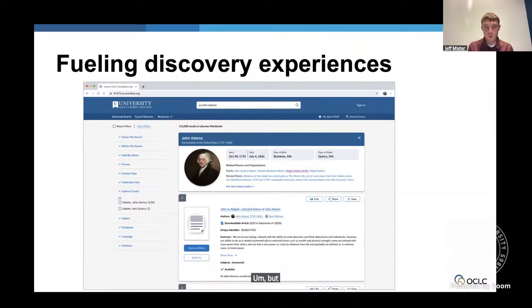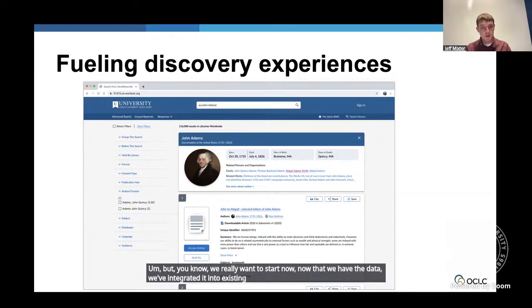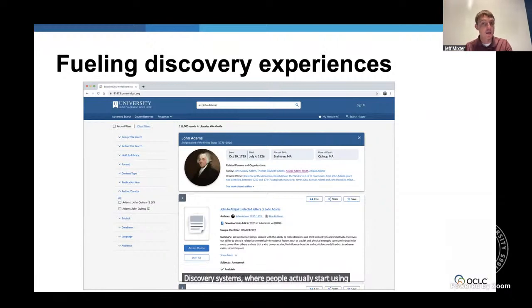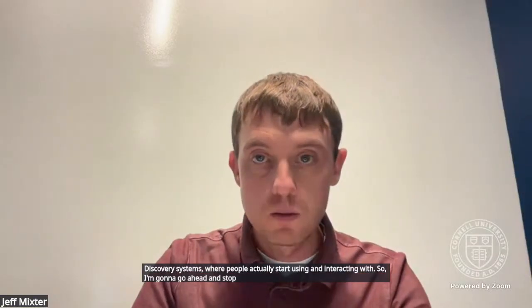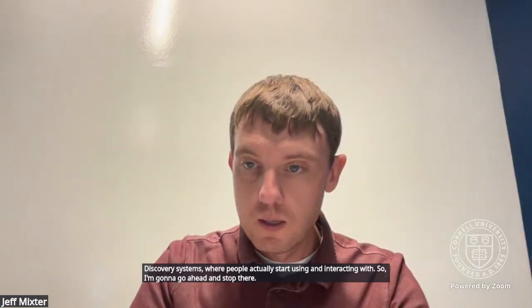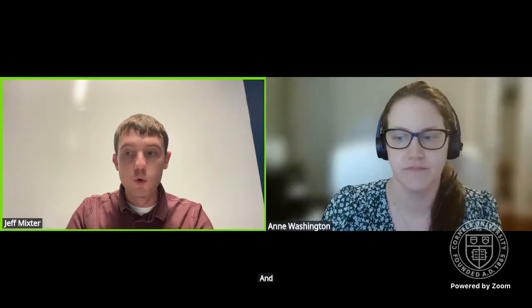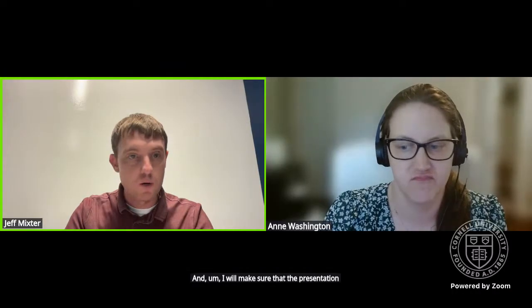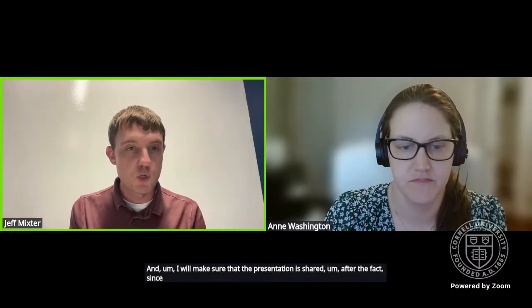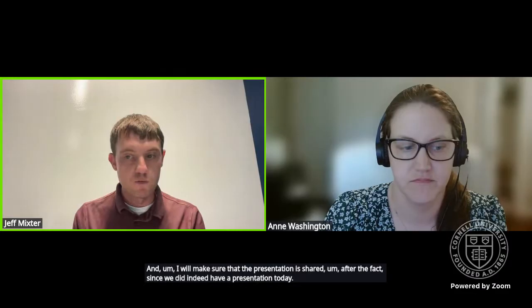Now that we have the data, and we've integrated it into existing data and existing workflows, we want to prove and demonstrate the value of that linked data by adding it to discovery systems for people to actually start using and interacting with. So I'm going to go ahead and stop there. I will make sure that the presentation is shared after the fact, since we did indeed have a presentation today. And now I'll turn things over to Ann Washington.